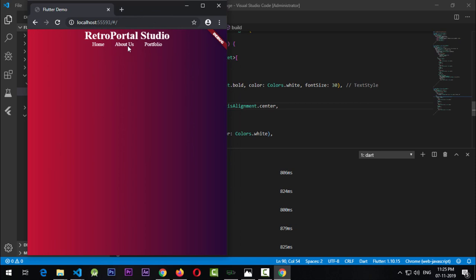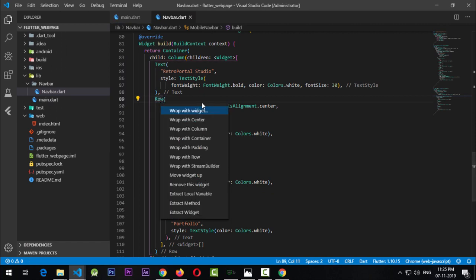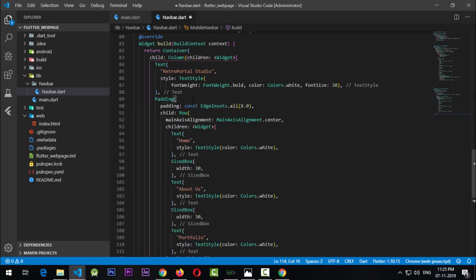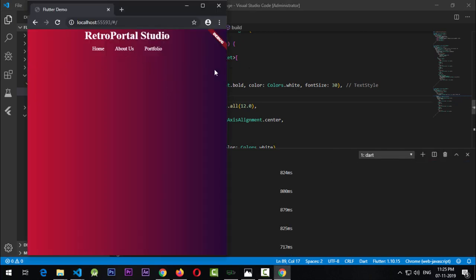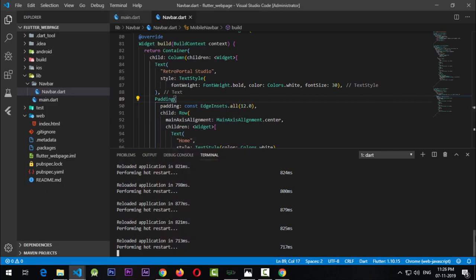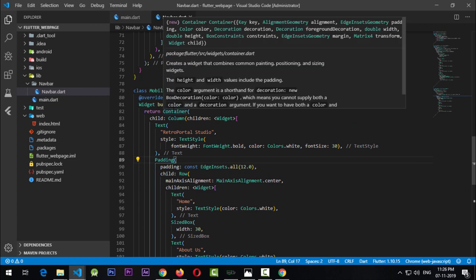Now when I press the R button here, you can see that the elements are in the center, but they don't really have padding, so I'll just add some padding to the row. I'll wrap the row with Padding, and the padding I'll just increase to 10. So let's keep it 12. When I run the code again, okay, we have nice little padding here, but we also need to add some padding to the column itself. And in the container,